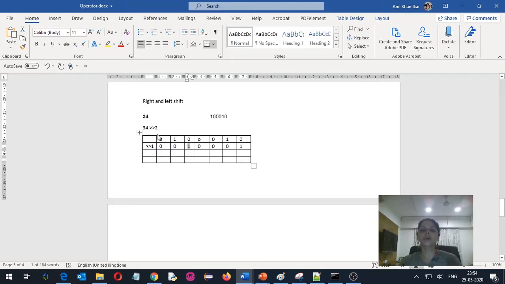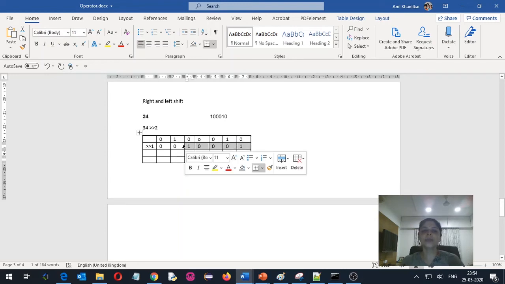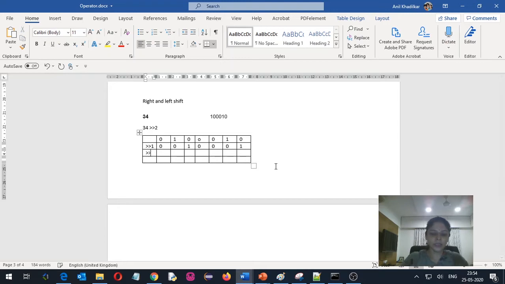So usually what happens is whatever the number is, that number becomes half in every right shift operation. So you can see if I try to convert this binary number into a decimal number, the answer will become 17, because this is half of 34. So if I say 34 divided by 2, I will get 17. Now if I try to do another right shift, that is, if you right shift 2 times, now what